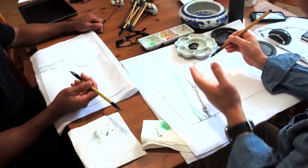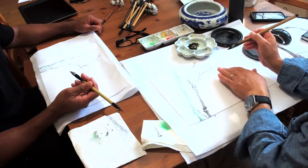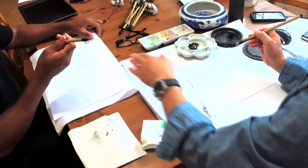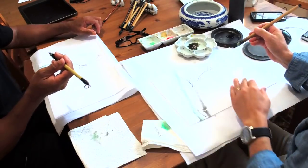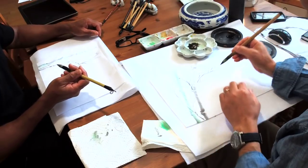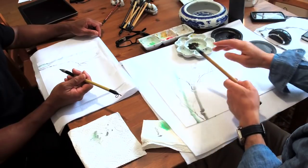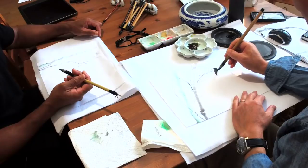Just do the leaves on the focal point first, the main group. So this is maybe my focal point. Just avoid the middle. You can do it here or here if you extend that branch, or you can add another branch later if you want. Okay, let me try this one here. So I'll do 2 or 3 layers. I can start like